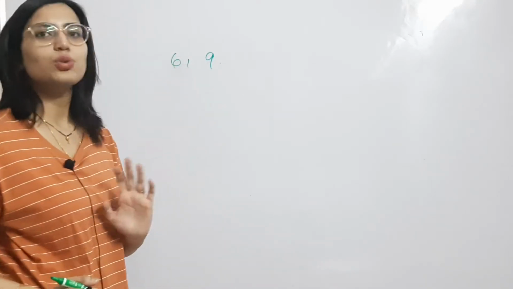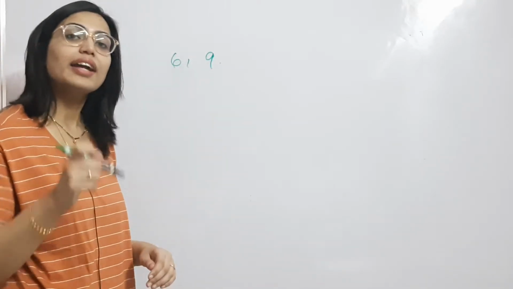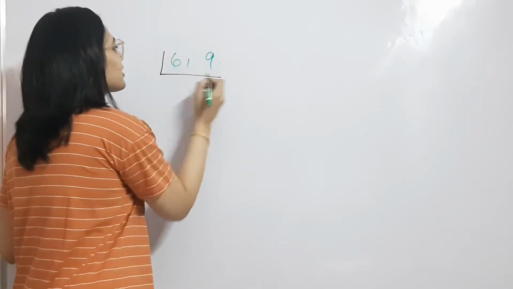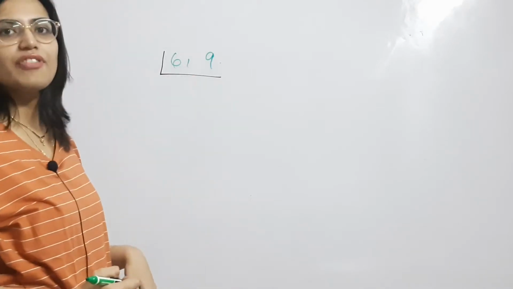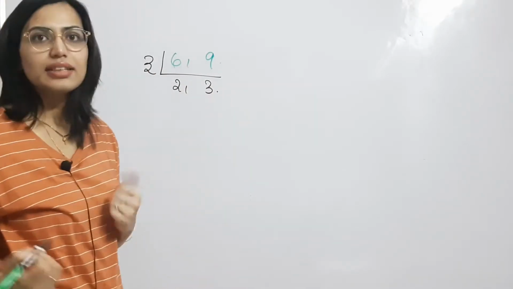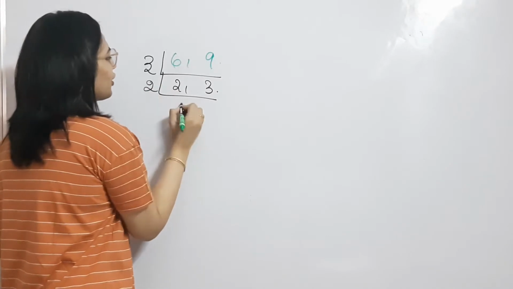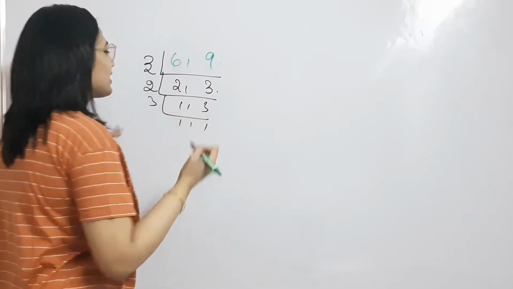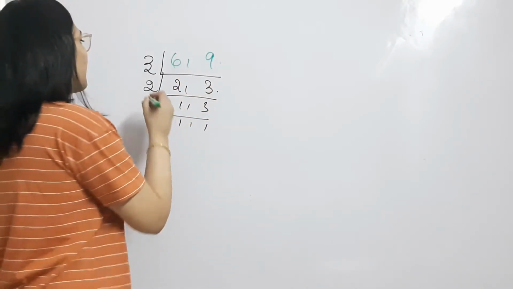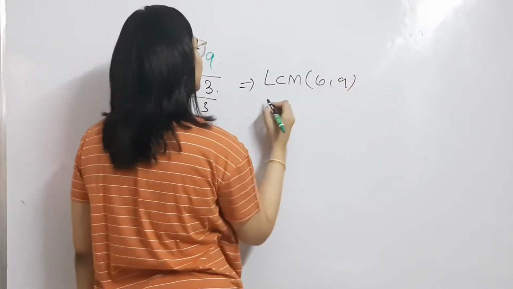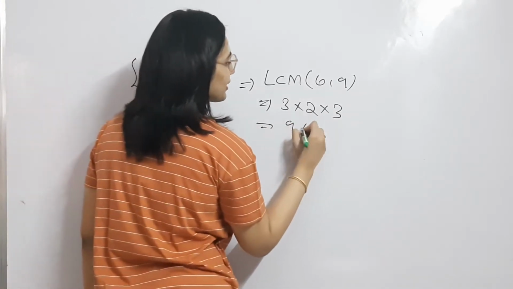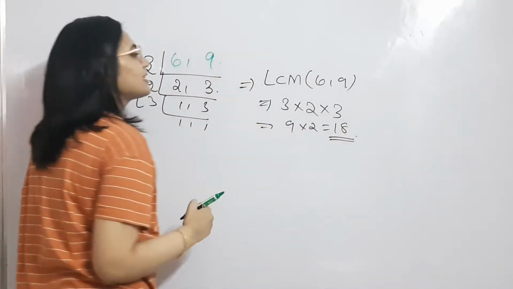So, if I give you 2 simple numbers, 6 and 9, you need to find the number that will be divisible by both 6 and 9. In this case, using the division method, we take the prime factor that divides both 6 and 9. Here it is 3. 3 2s are 6 and 3 3s are 9. That's it, right? And now we are left with 2 and 3. It's an extra step, but the moment you see 2 prime factors in the second step, you can just directly multiply these 3 numbers. 6, 9 can be given as 3 into 2 into 3. So it is nothing but 9 into 2, which is 18. So 18 is the LCM of 6 and 9.